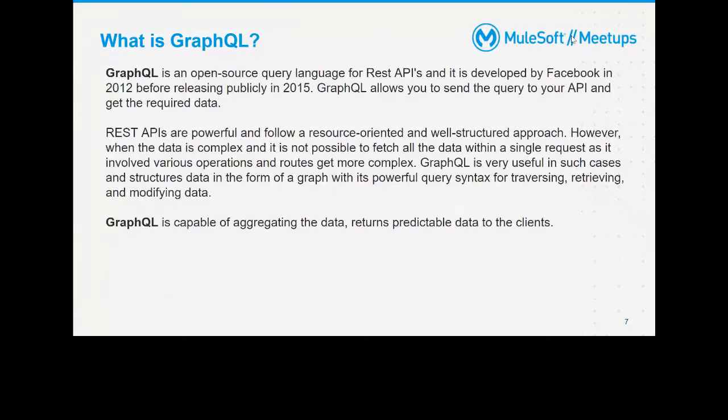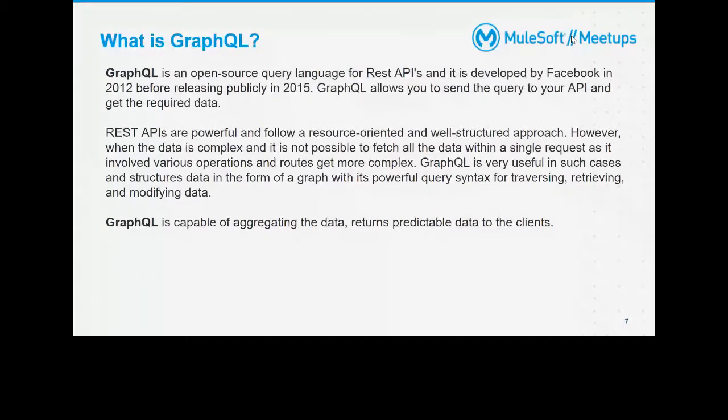So basically, one of the main ideas behind GraphQL is that you can send a query to your REST API and fetch the required data. With GraphQL, you can call multiple APIs with a single request. Apart from that, you can request exactly how many fields you want using the GraphQL query. If you want two fields, you can send a request saying I want these two fields, and if you want three fields, you can request these three fields,